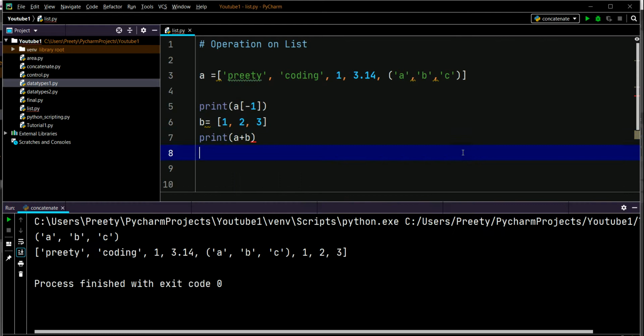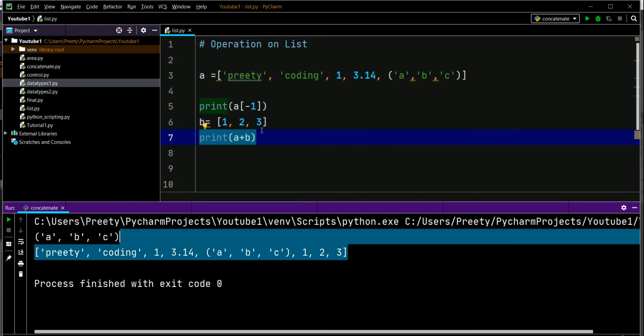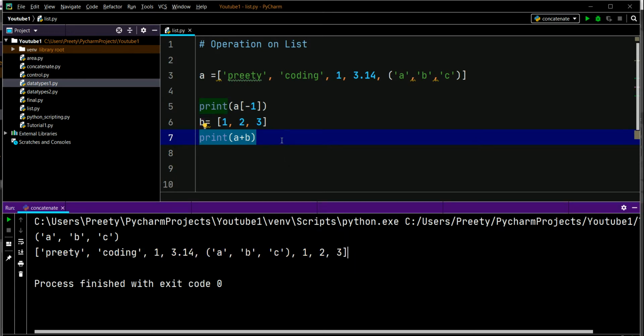See the output we got. Preeti, coding, till here is the first list A, and this is the second list B. Both these lists just got concatenated, joined. We have simply joined these two lists using the plus sign, the addition operator.